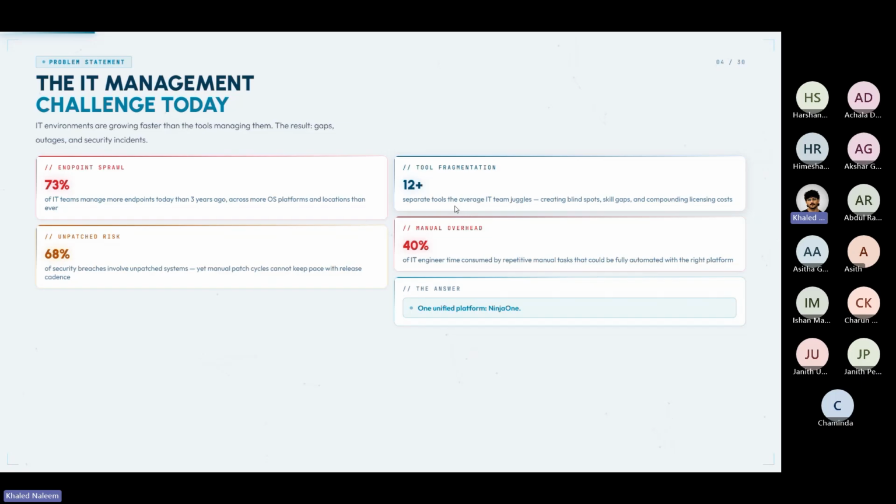So you end up with blind spots, you end up with duplicated effort, and there is always a skill gap. Every tool has its own learning curve, which adds more workload onto the IT teams. On top of all of that, 40% of an IT engineer's working week is consumed by repetitive manual tasks, things that can be automated and that should be automated. These are things that do not require human intervention. So when there are such tasks, my question is,